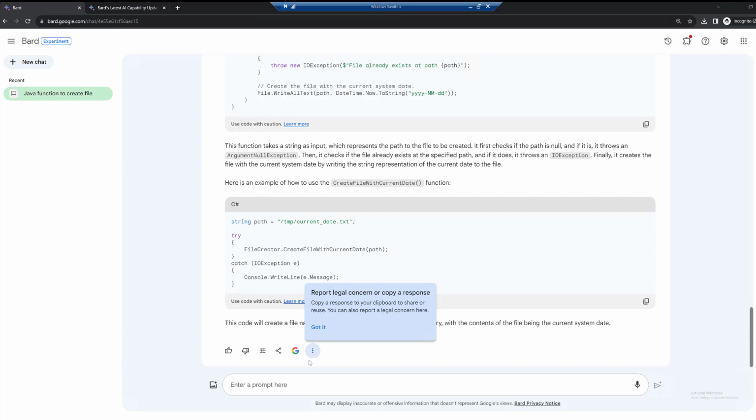Here, if you click on the three dots, it says report legal concern or copy a response. Copy a response to your clipboard to share or reuse. You can also report a legal concern here. So I'll just click got it. The other thing is the double check response. That was one of the new features that I had pointed out at the beginning of the video. So let's go ahead and click on that